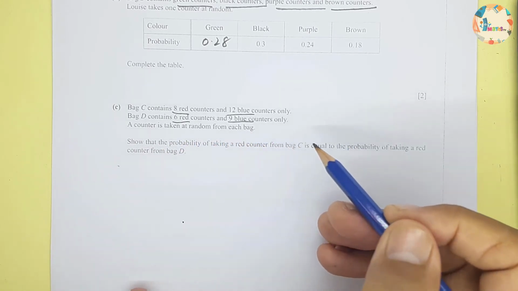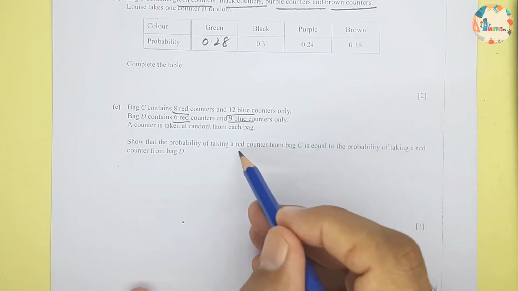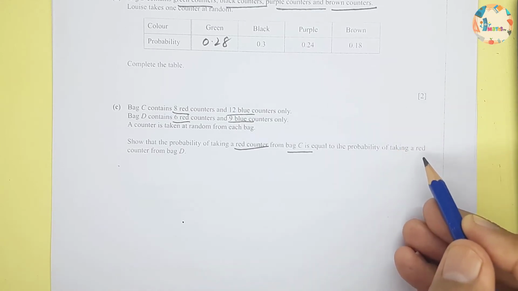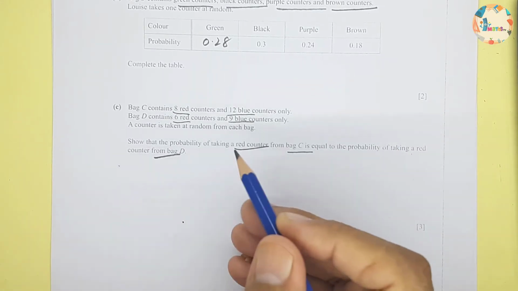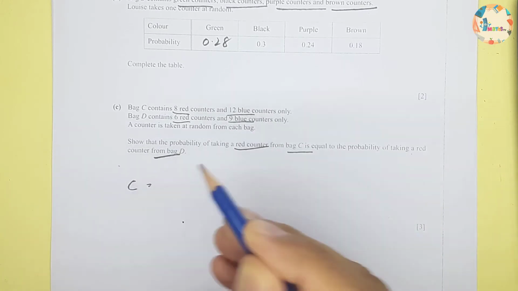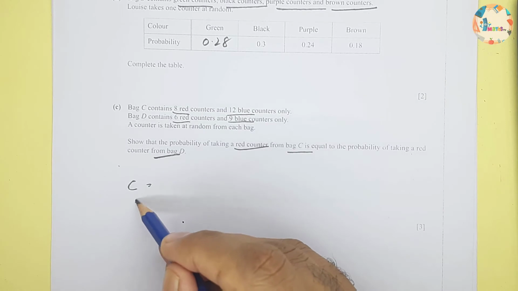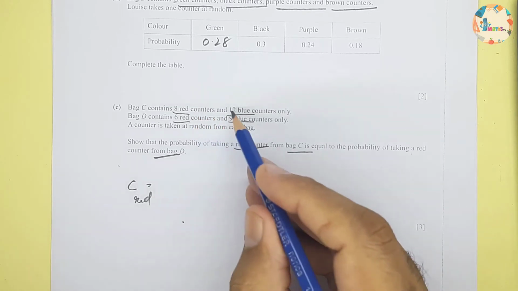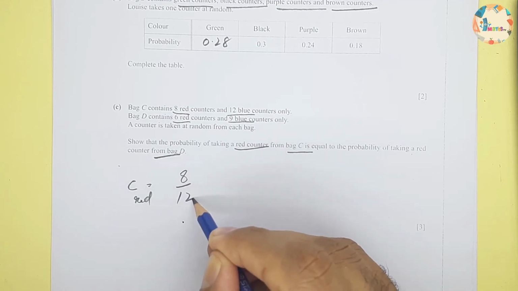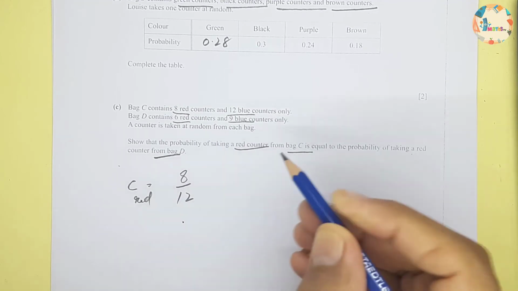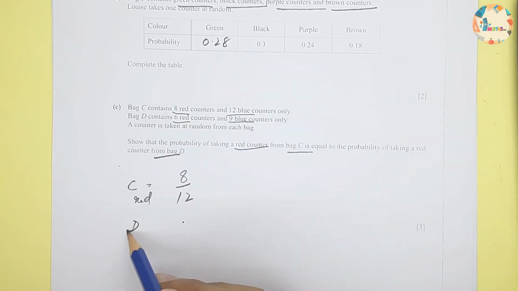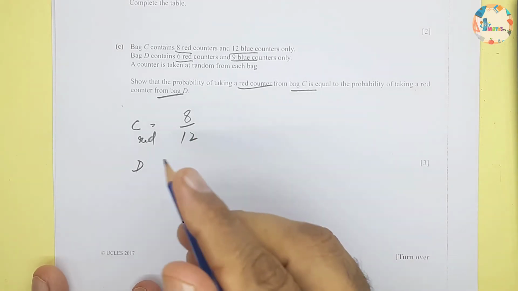Show that the probability of taking a red counter from bag C is equal to the probability of taking a red counter from bag D. So from C, the red counter will have a probability of 8 over 12, whereas from D, red will be